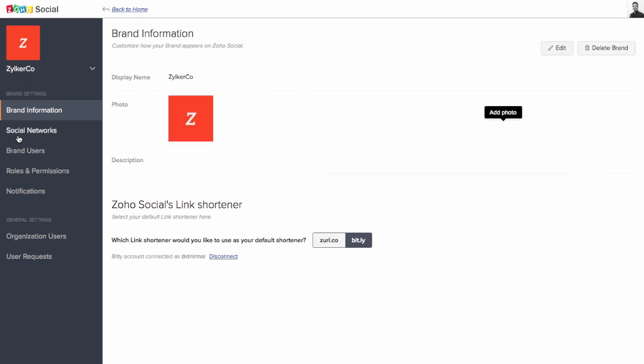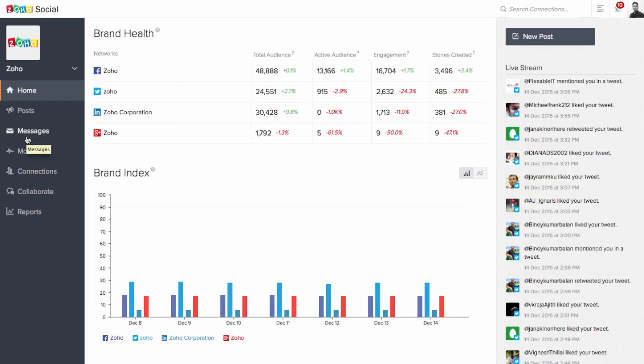So the thing is that you might have more than just one user managing your social media presence, or may have multiple brands that you manage. So you can use this interface to control who sees what. Okay, so coming back to our main dashboard,